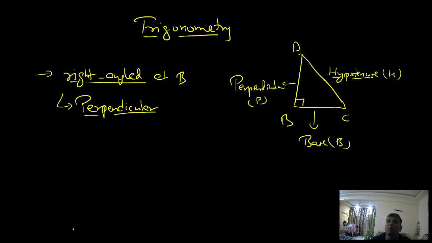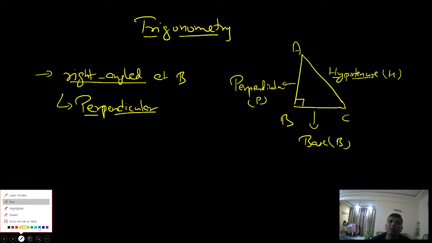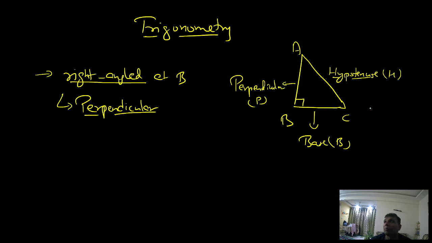For instance, in this particular diagram, I have taken the reference point to be here at point C. So if a person is standing here and he is going to analyze, for his eyes this is going to be a straight point up ahead. So the line which is looking like a standing line for this person is going to be our perpendicular, and the line which is looking like a lying line or simply sleeping line will be referred to as our base